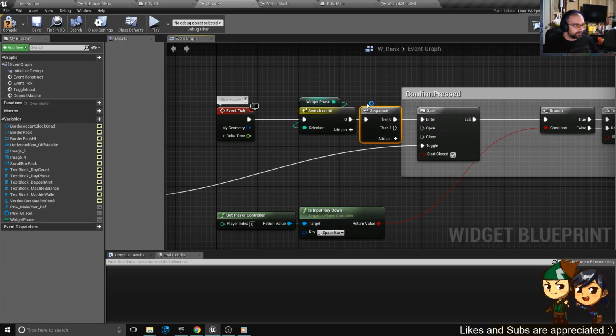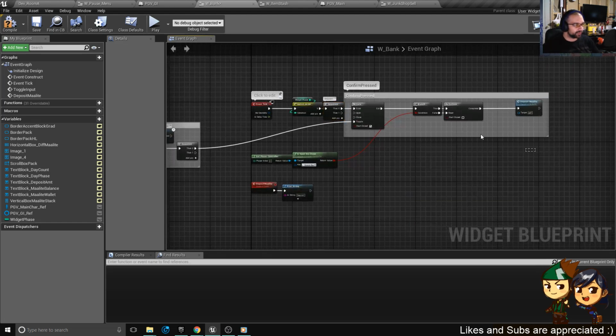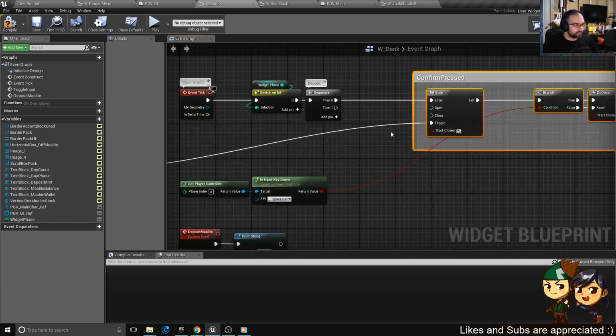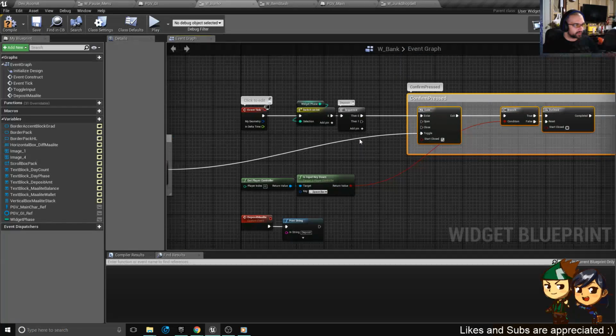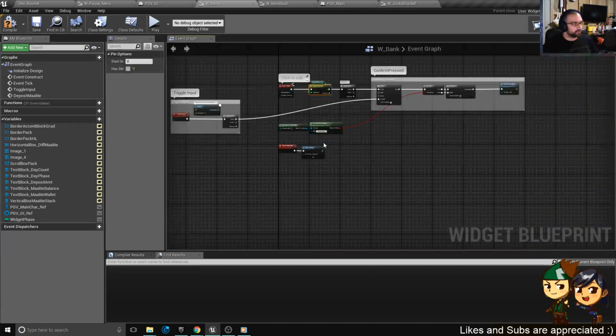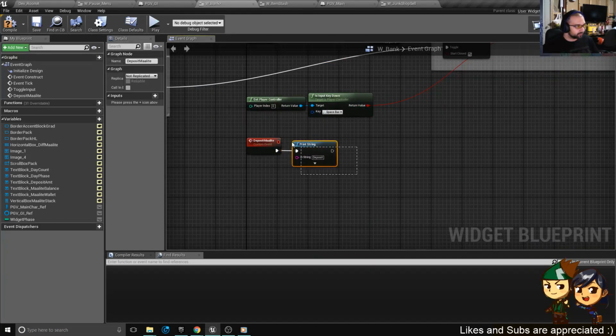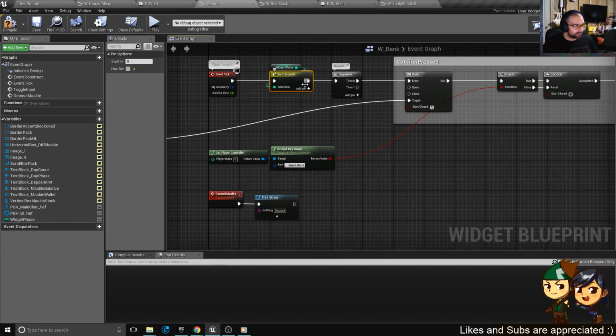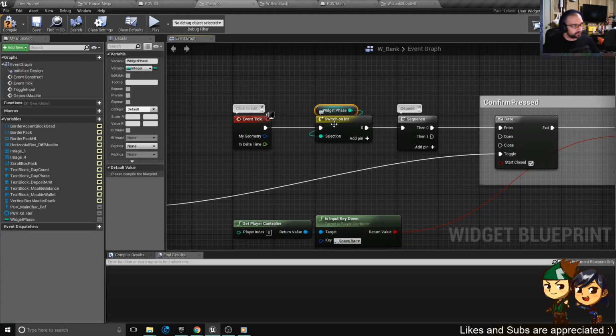And make like a little, not a whole comment, but this small comment box, and we'll just call this a deposit, right? That's what we're controlling right now. And then if later, as needed, we can have other phases that we route to. And I really like using the switch on int for this, because normally, in terms